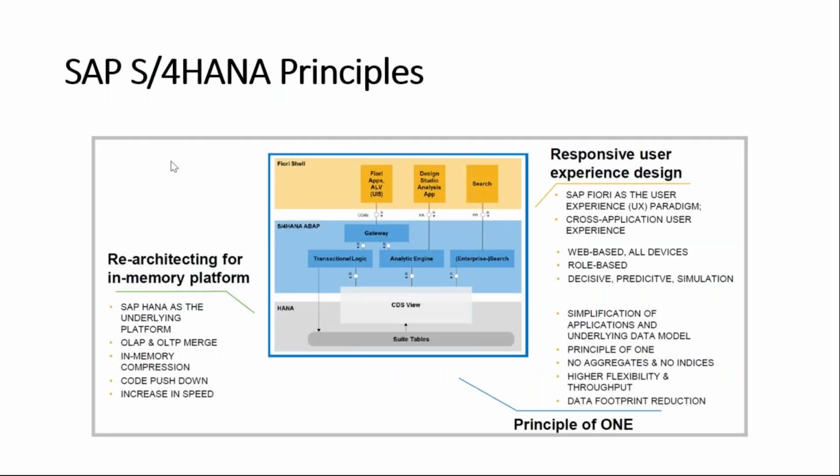When I talk about this architecture, we'll discuss it in detail later, but to give an overview, we talk about the views, right? All these views are aggregated here. Those views will be taking the data from your suite table. Then your HANA analytics engines are there. You have a transaction logic, application engine, analytics engine, and your enterprise search engine, which again communicates through a gateway platform to your Fiori tiles. That's where your Fiori has something called an OData service.